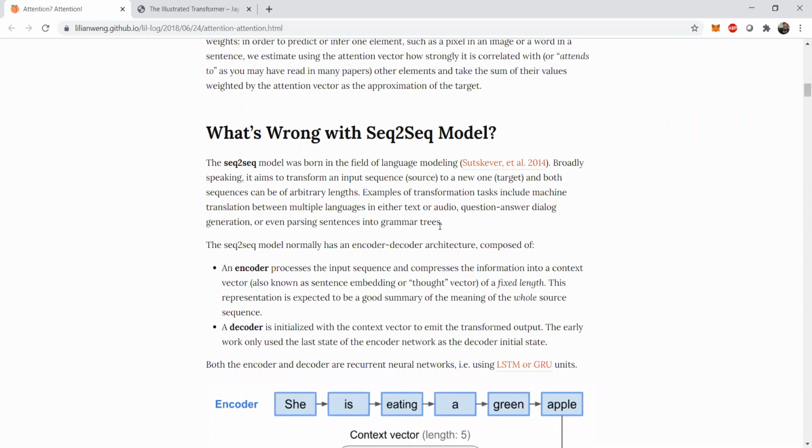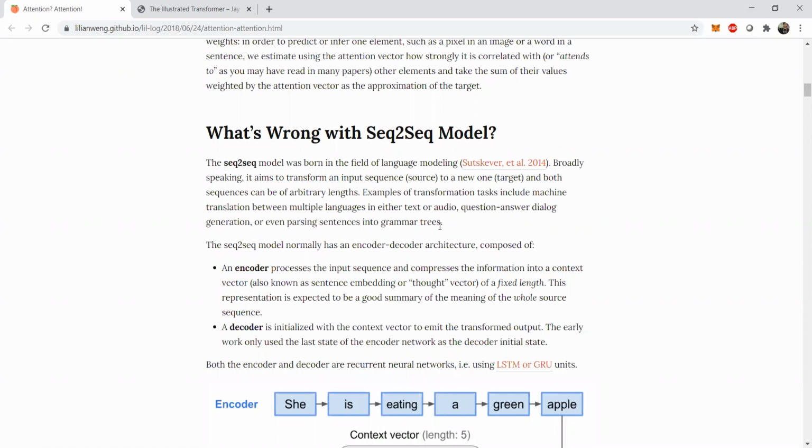What we need is a sophisticated way to acquire certain weights or certain important words or phrases from the text which bear some important meaning. A decoder is again initialized with a context vector to emit the transformed output. So in the normal sense, the decoder does not have any particular way to understand or replicate those internal hidden weights. It does some normal calculation, we apply some feed forward network on it, but if we were to capture more information, that is not there.